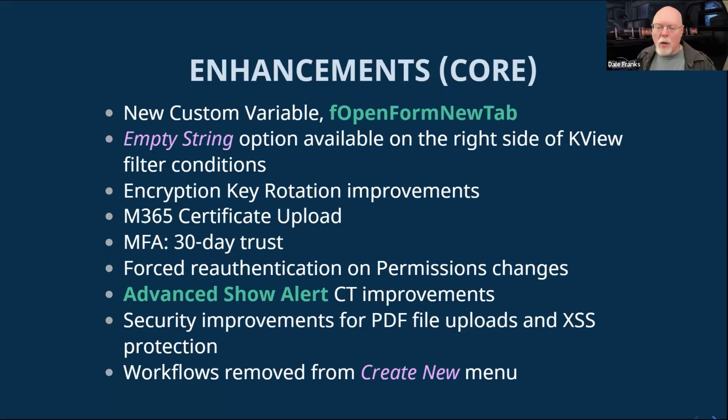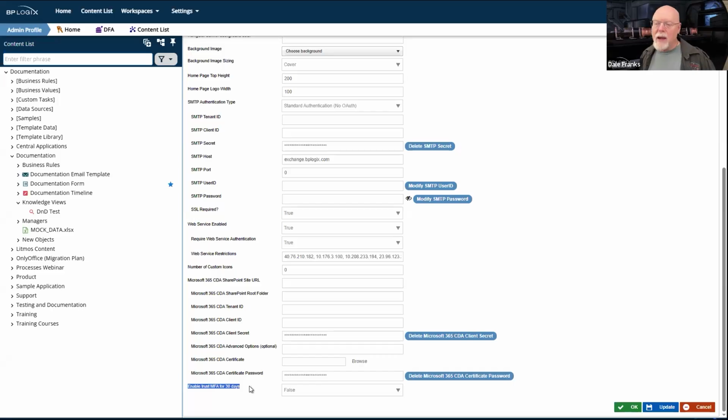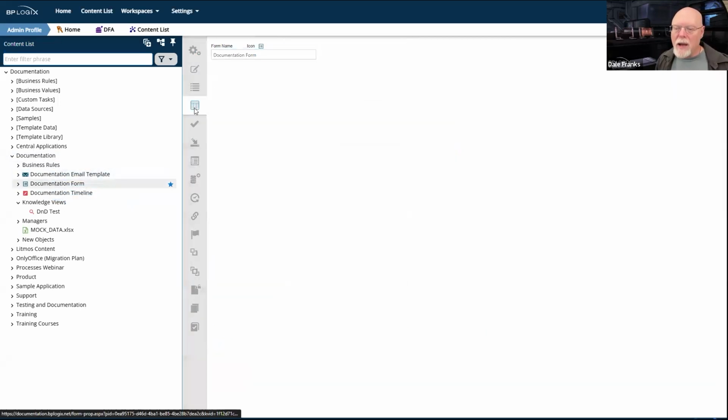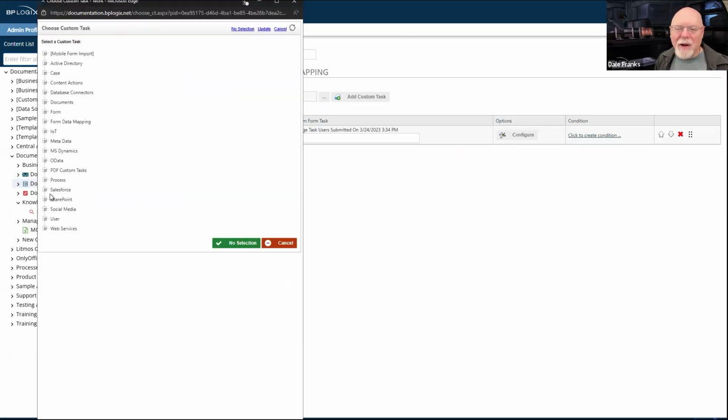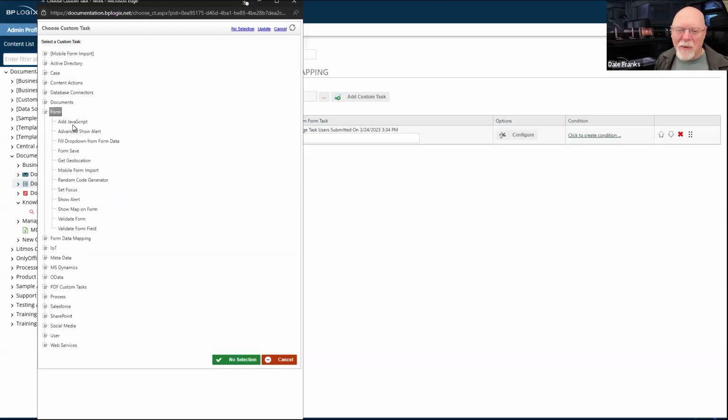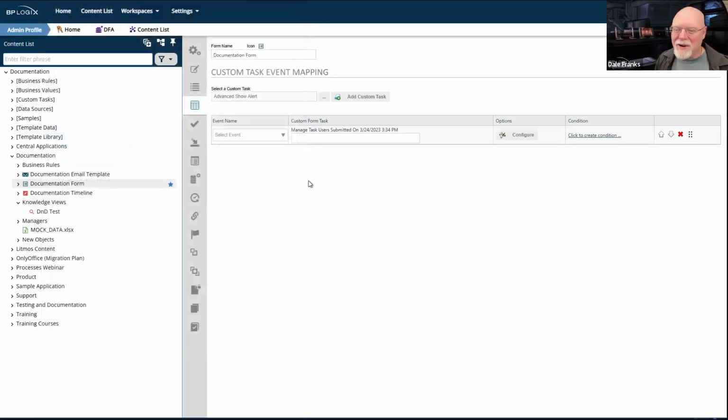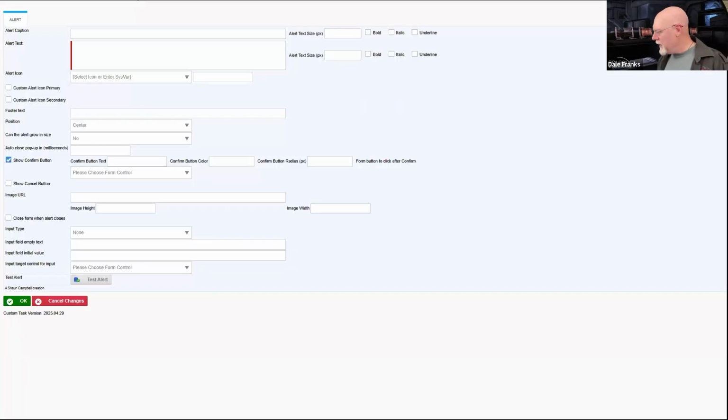The Advanced Show Alert CT has been changed a little bit. It's a little bit easier to use now. Let's go back to my documentation form and go to the Custom Task Event Mapping tab, and let us add. I made all these changes yesterday, and I clearly did not save this form after I made them. So here's the Advanced Show Alert custom task, which we will add,